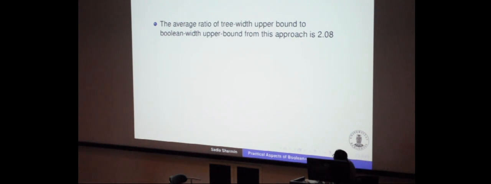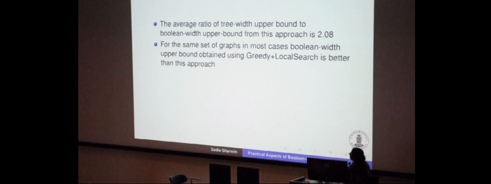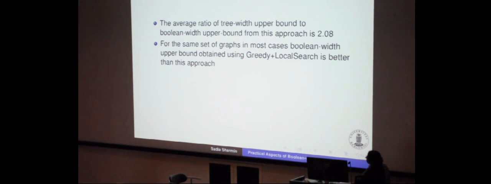So we study the average ratio of qubit upper bound to the Boolean upper bound from this assay was 2.8. And for the same set of graphs, using the first factor, PD plus local first factor, then we have